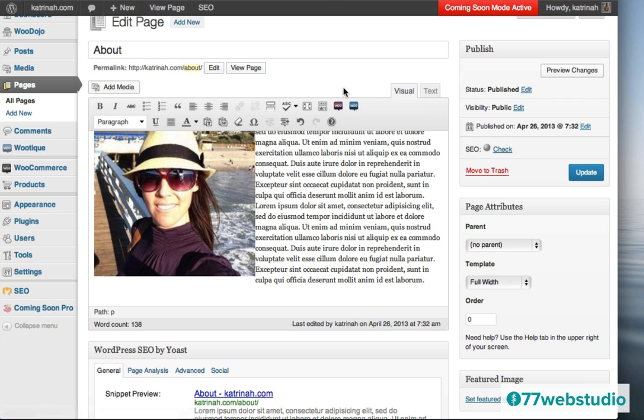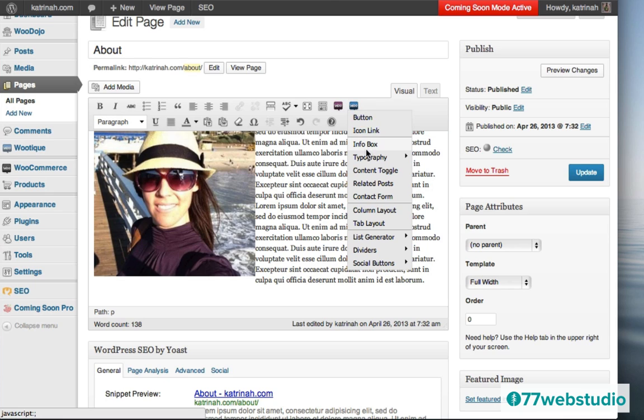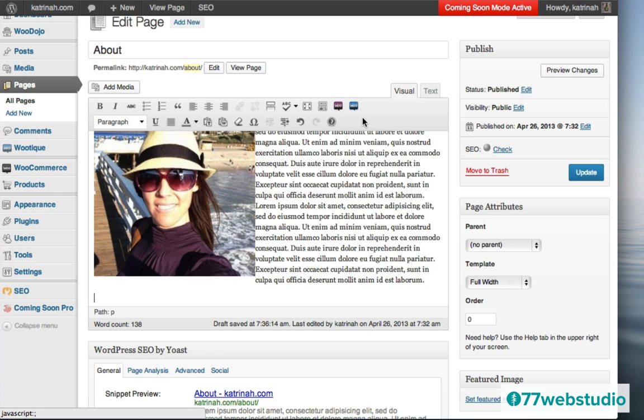So instead I'm going to create my own button. There's another Woo icon here, Insert Woo Theme Shortcode. So it looks like we have the Woo Tumblr, the theme specific, and then we have the Woo Theme Shortcode. So the one we want is Insert Woo Theme Shortcode. I'm going to click on this blue icon. And then you see that there should be a button link right here at the top where it says Button. So I'm going to click on Button to create a shortcode for that.